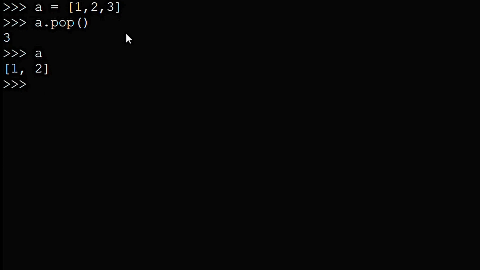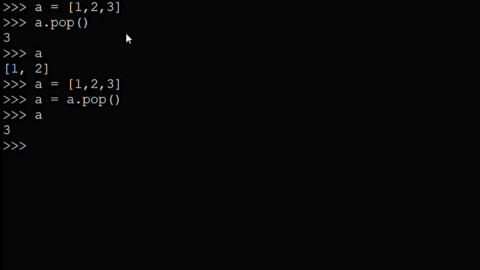Also, though the pop method returns the item that it removes, let's back up a bit and make A our original list. If, instead of just calling pop on A, we set A equal to the output of calling pop on A, we would then completely lose our list in memory, as A would only hold the value that pop just removed. There are two potential errors you can trigger when working with the pop method.